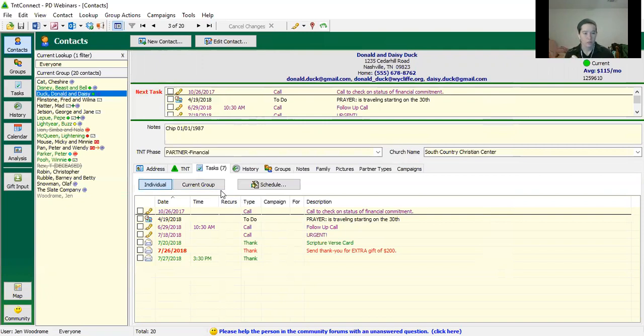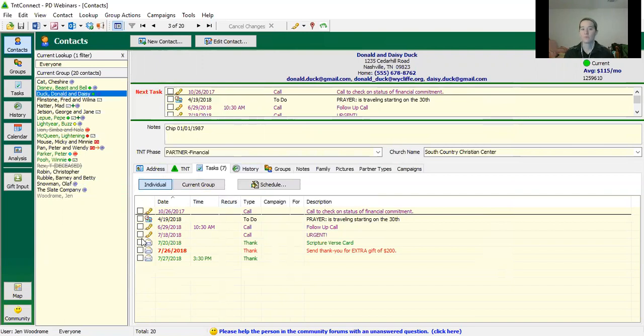Before I show you that, what I want to remind you is that your current group is this list of contacts right here in the left-hand column where it says contacts. So if you run any kind of filter, which we're going to talk about next week, or do any kind of search, and so this is only reflecting your financial partners, or only the people who are in Texas, when I click this current group button, it's only going to show the information for the people that happen to be over on this side of the screen. Okay, just keep that in mind. That's caused a lot of frustration for a lot of people, forgetting that little caveat about what the current